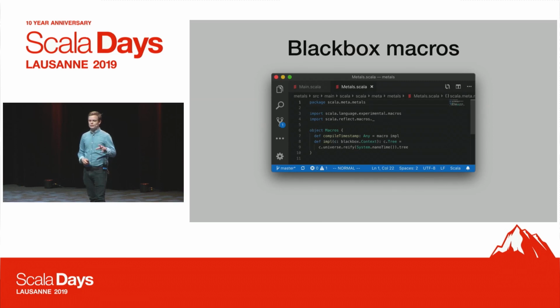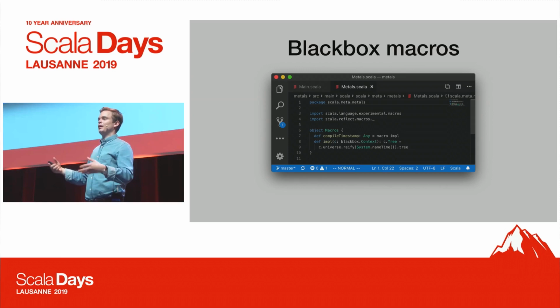Another one that we do is we actually disable black box macros. We don't expand them. And this saves, from some benchmarks in a source file with 200 lines, a very small one, doing some fastparse parsers, around 130 milliseconds, if I remember correctly, by just turning them off. And if you're not familiar with black box macros, they're essentially some code where you write, let's say here, you want to generate the timestamp at the compilation time.